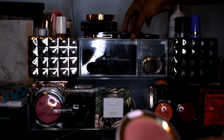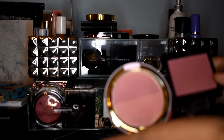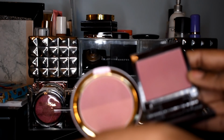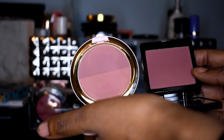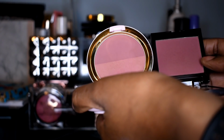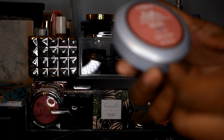Actually, let me bring those so you guys can see. So actually, now that I see them together, they're pretty much the same. On camera, it looks like Kir Royal is a little bit deeper, but in person, they're pretty much the same. So yeah, two very good blushes, but like I said, I still do tend to mix this Kir Royal when I put it on my face. Actually, let's go back. Okay, next I have a L'Oreal True Match blush, and this one is in